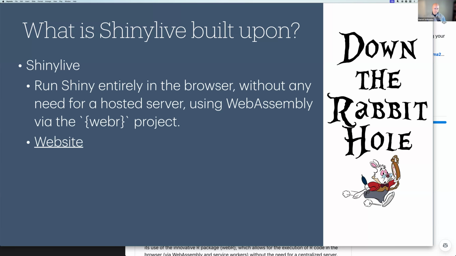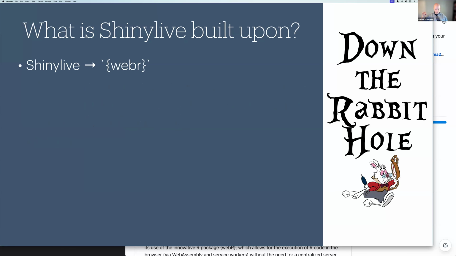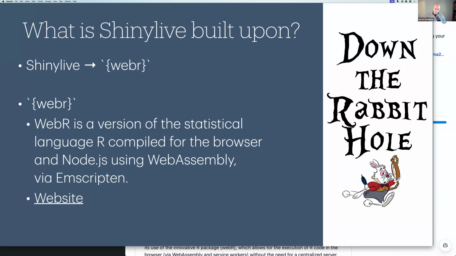So Shiny Live runs Shiny entirely in the browser without any need for a hosted server, using WebAssembly via the WebR project. Link to that. And then Shiny Live uses WebR according to the description. So what is WebR? WebR is a version of the statistical language R compiled for the browser and Node.js using WebAssembly